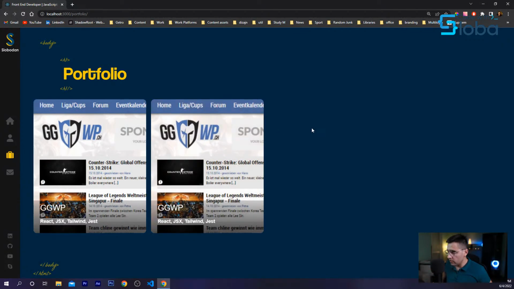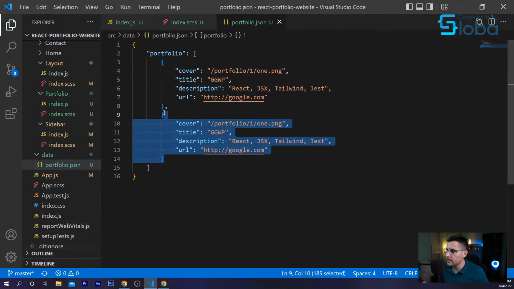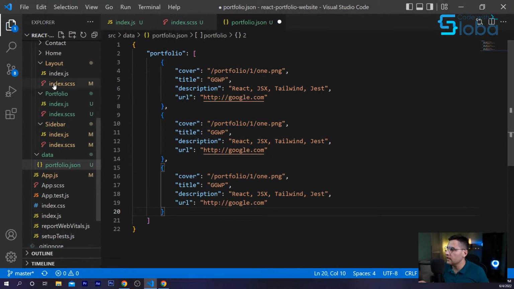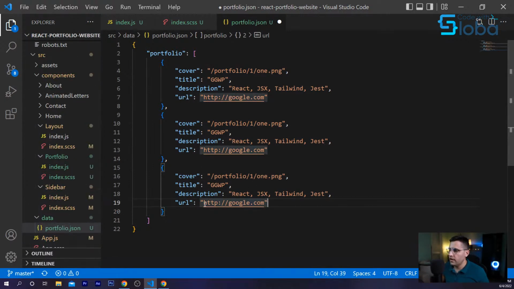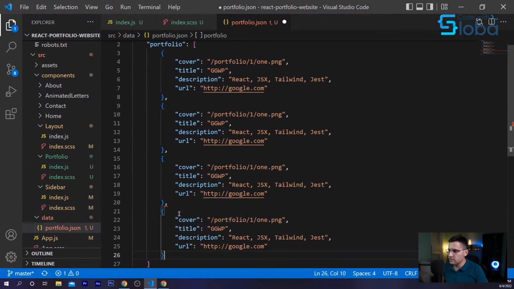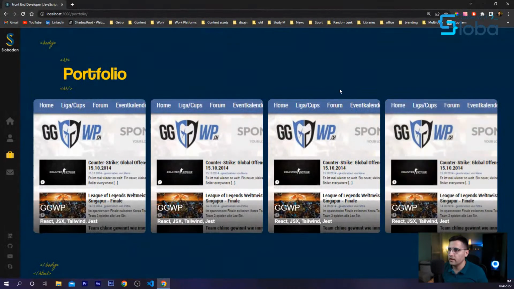And now if you want to add multiple portfolios, you would just go here, like I said, just copy paste and obviously add new ones in this portfolio JSON file, and it gets rendered automatically.